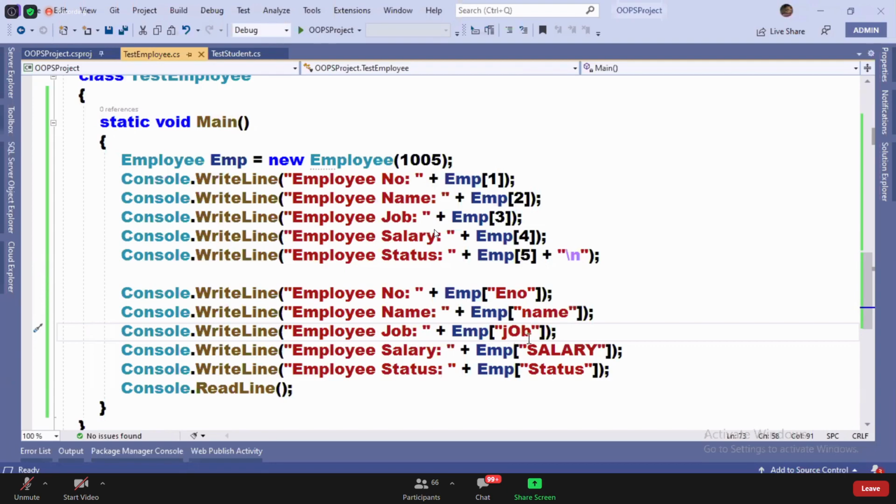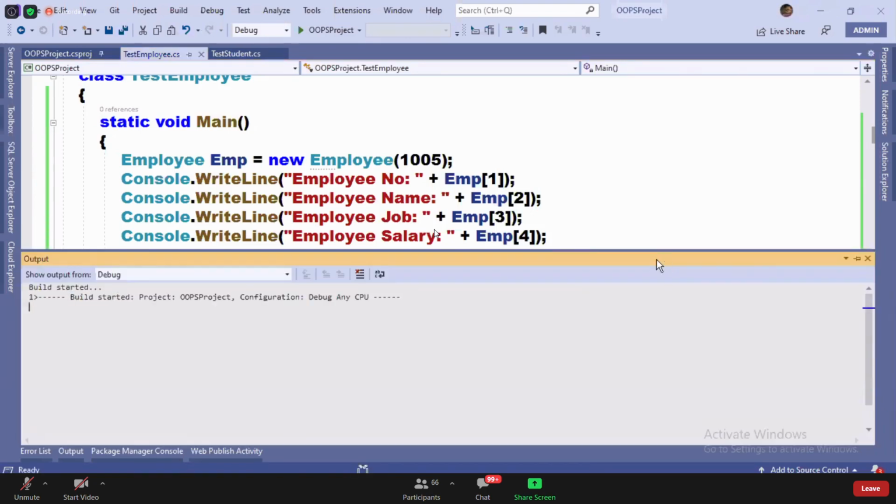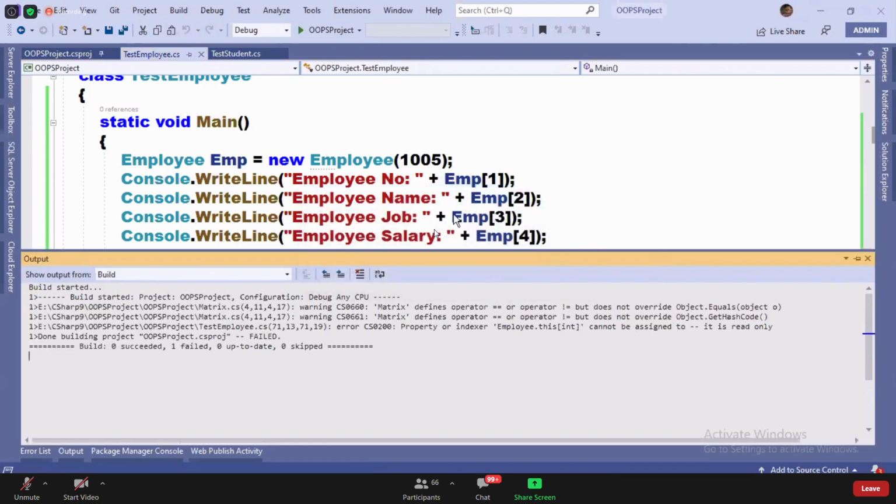Okay, next. Look here. I wanted to modify the job now. I'm writing EMP of 3 is equal to senior manager. But this is an error. Why is this an error?